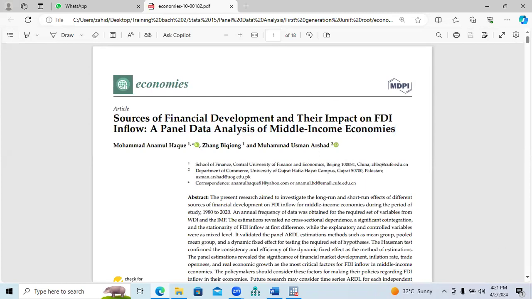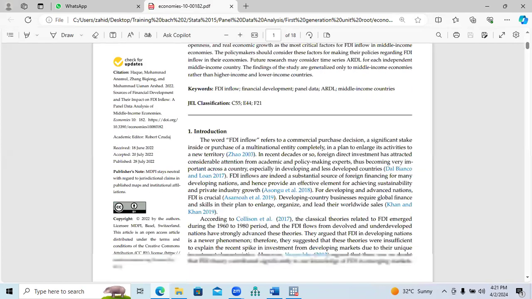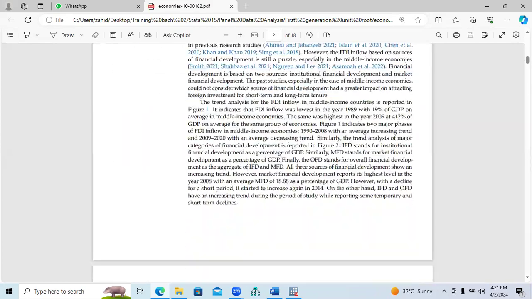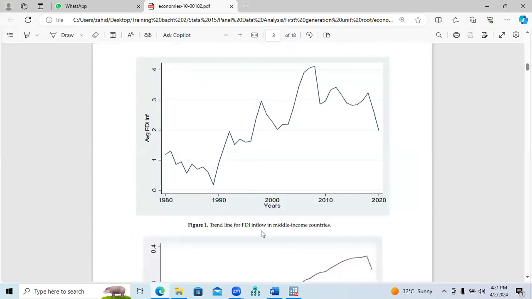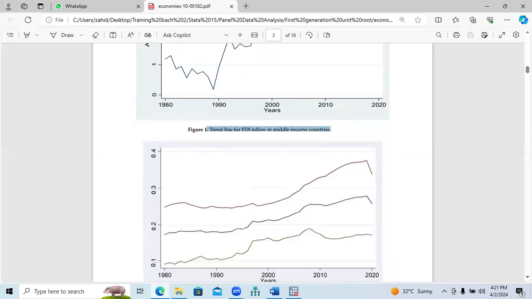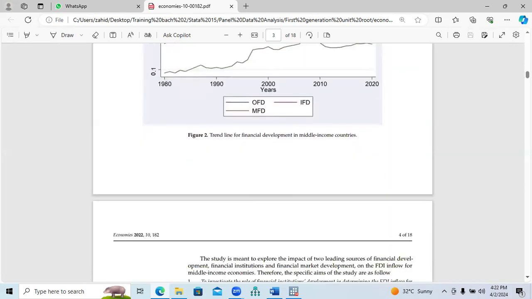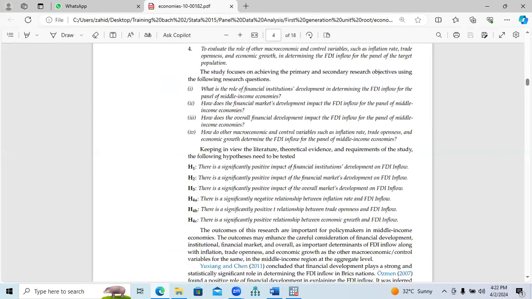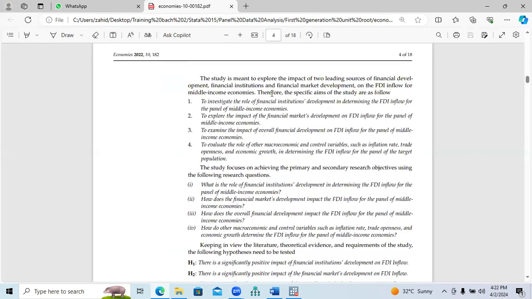And this article basically covered all the procedure of panel ARDL. This is the line chart, showing the trend line for FDI inflow in middle income countries. You can easily create this graph using Stata. Then this is basically the purpose of their study. This study is meant to explore the impact of two leading sources of financial development, the financial institution and financial market